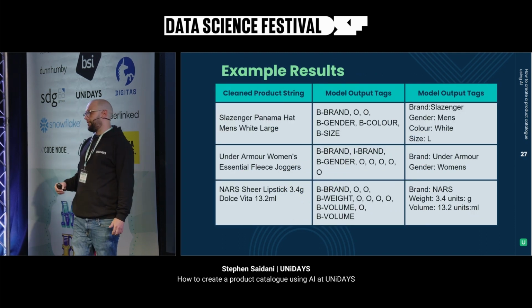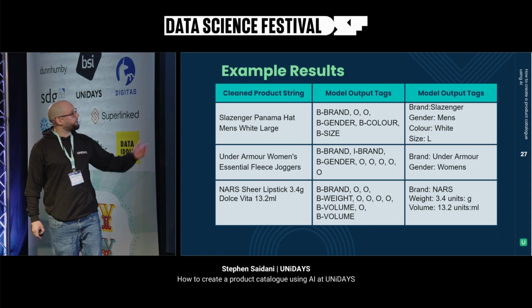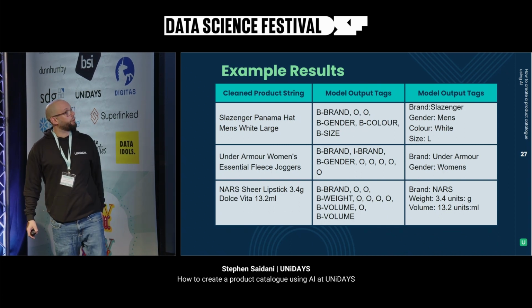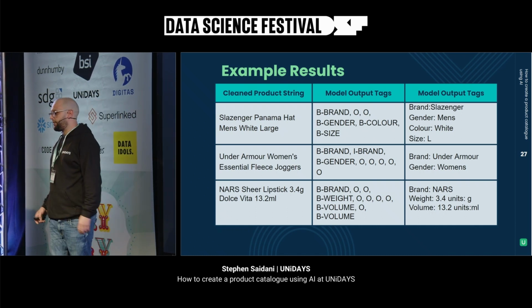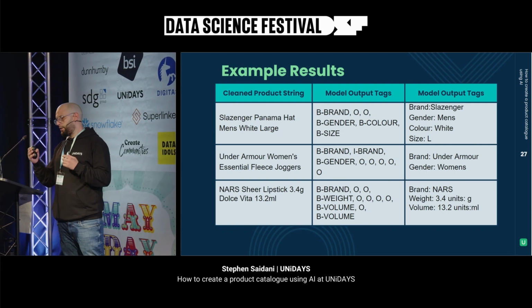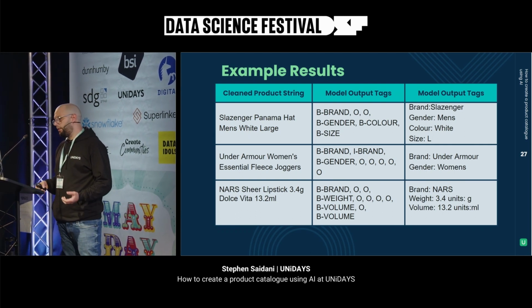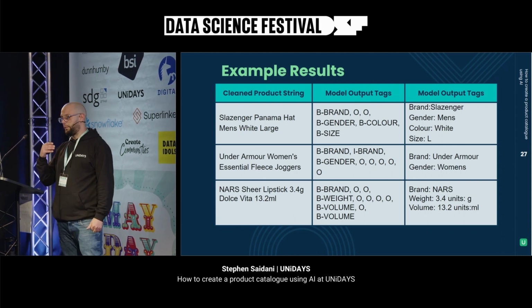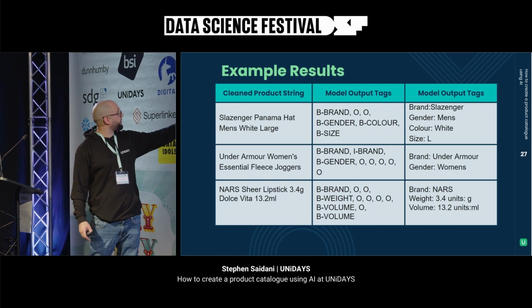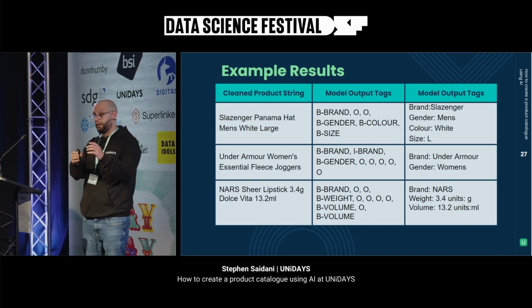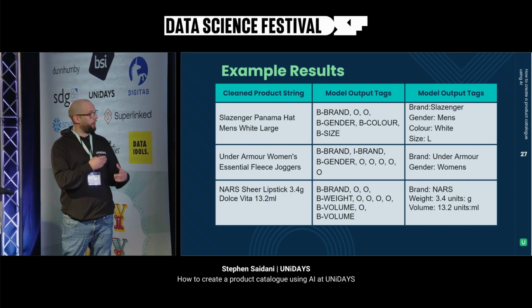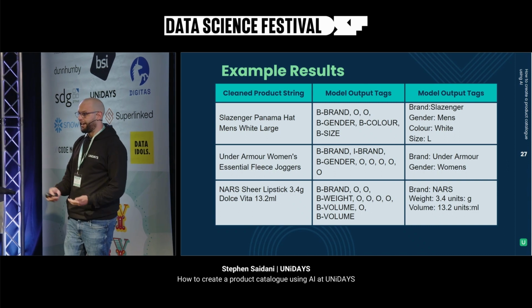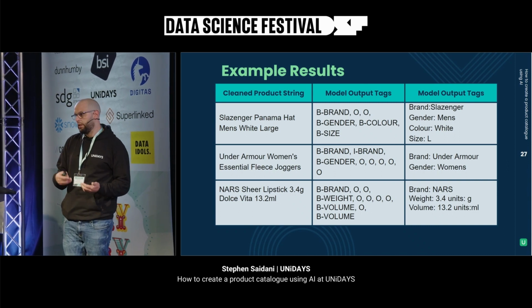So here are some examples of the clean product strings, then my model outputs, and then finally the outputs of the whole system itself. As you can see in the top one here, the model did a pretty good job of extracting the data perfectly. It took the brand, we got the gender, we got the color, and then we got the size out of there. Even though it says large there, we do actually convert that into S, M, and L with XL and things on top of that,